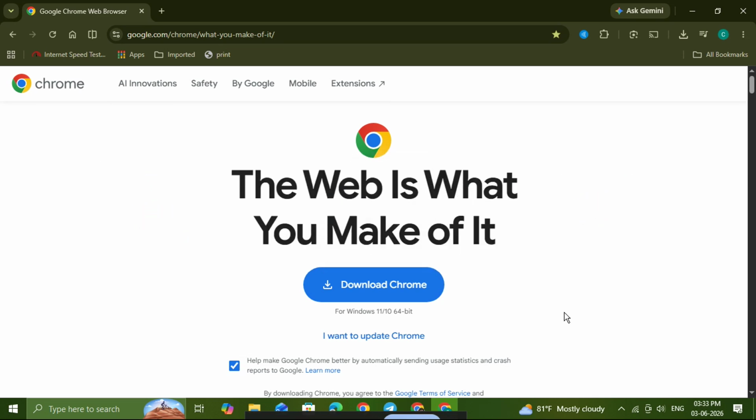First, open Google Chrome on your computer. You can do this from your desktop, taskbar, or start menu, depending on how you normally launch it. Once Chrome opens, visit the website you want to read. This could be a news article, a blog post, a tutorial page, or any website where you want a cleaner